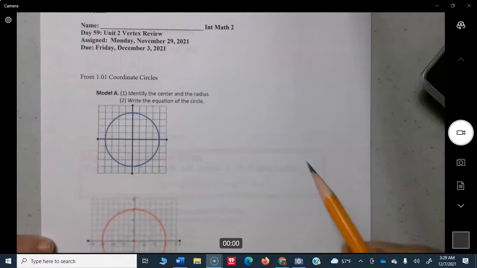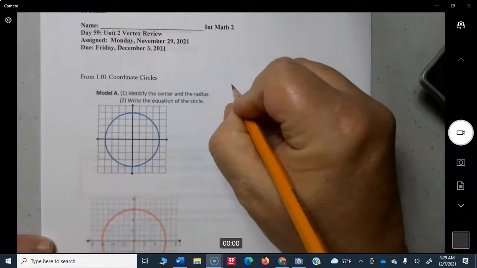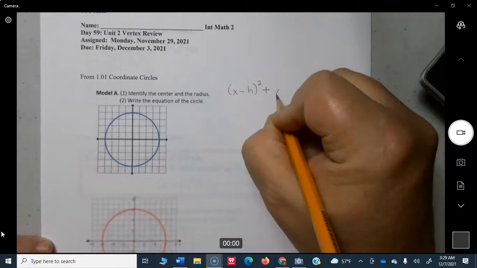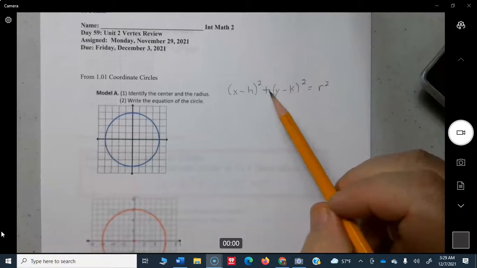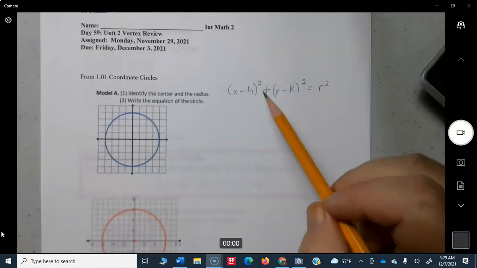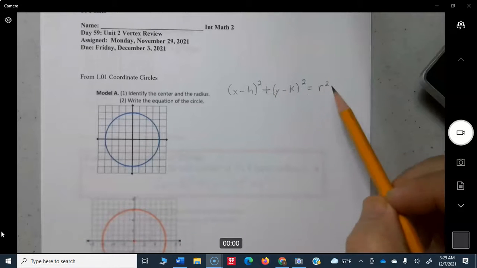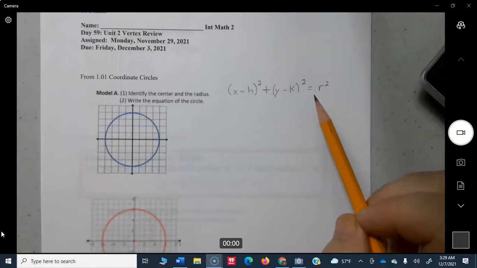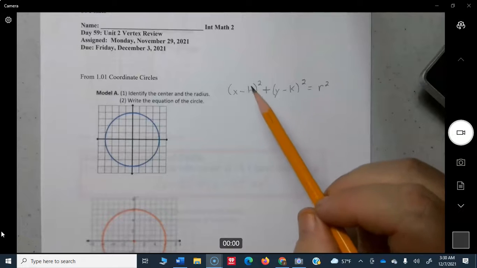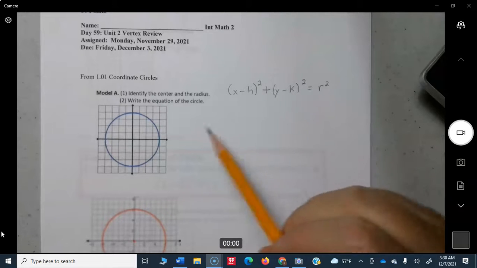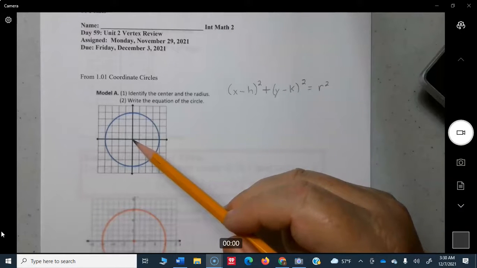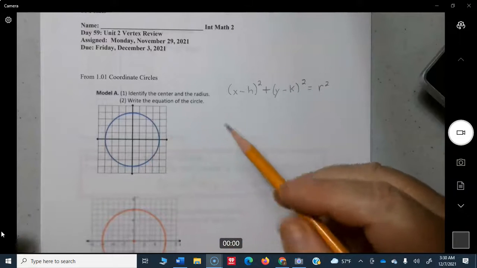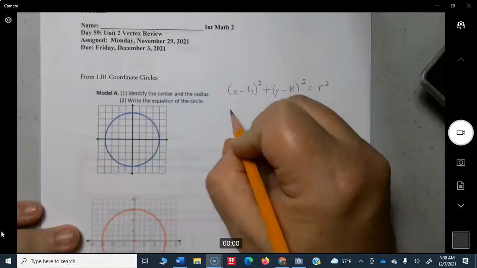All right, so the general formula for any circle is this. It's (x minus h) squared plus (y minus k) squared equals r squared, which is the radius squared. The h and k values are the coordinates of the center of the circle. In this case, on these circles, the center is right at 0, 0. So the way you would then write this is,